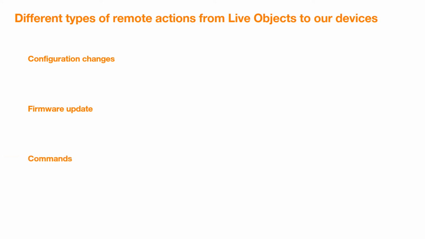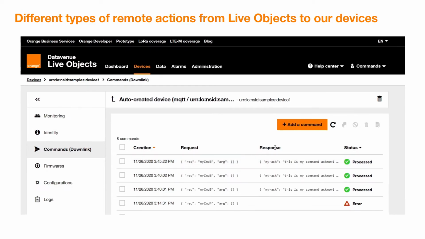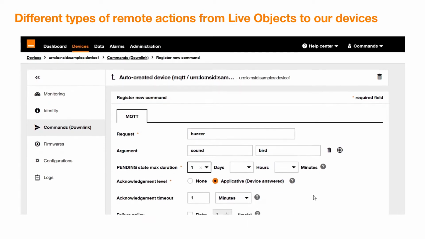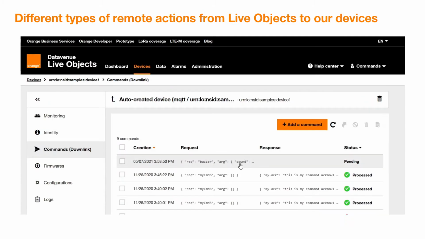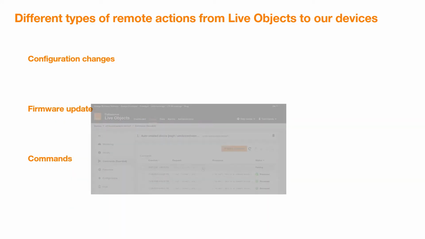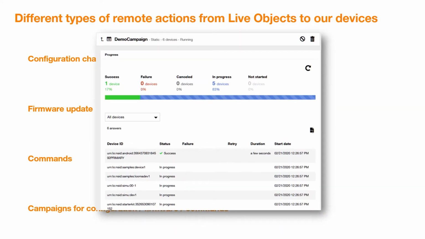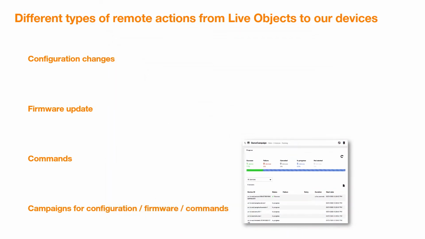Remote commands are widely available on devices and allow you to send any order to a device. Depending on the device class, the command may be raw binary or structured data. Once the device gets it, it is again locally applied, whatever action it would take. When the device protocol handles acknowledgements, the device commits the request on LiveObjects. Finally, campaigns will allow us to request one of these actions as a batch on a fleet and get a simple-to-read report during and after the process.